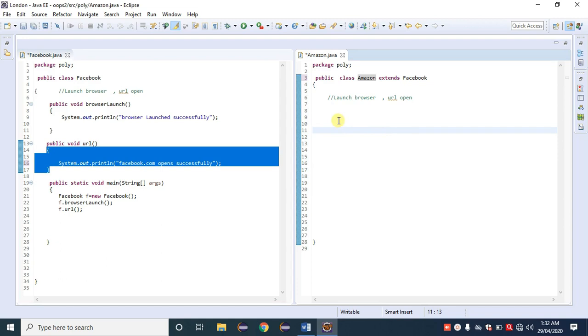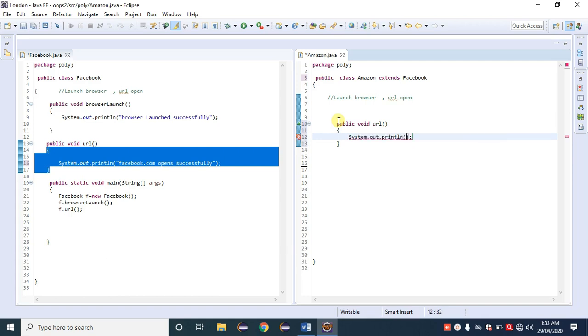How to override that method? Public void URL, here SYSO, enter double quote, Amazon.com opens successfully.